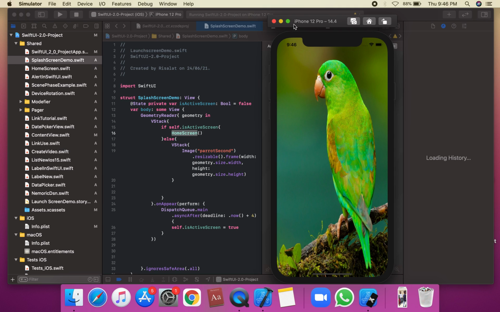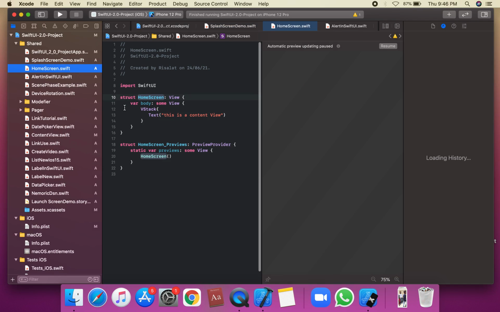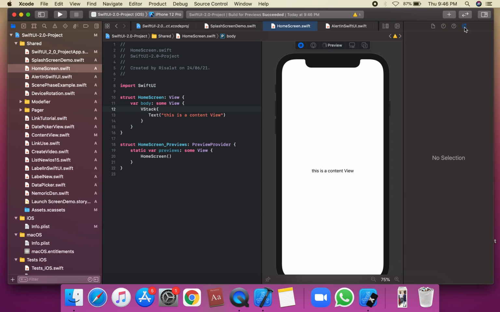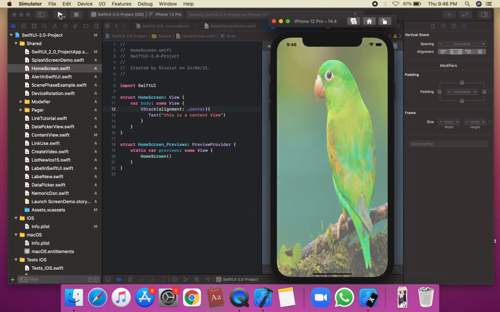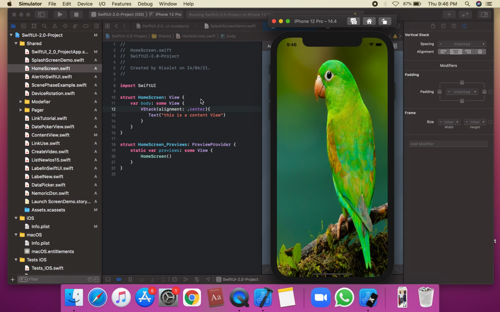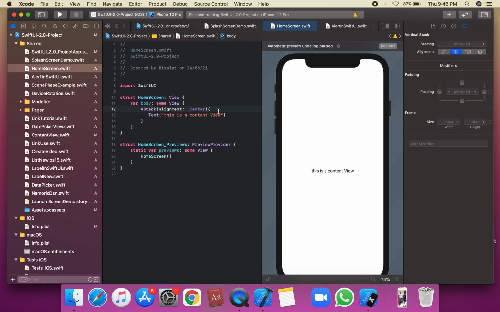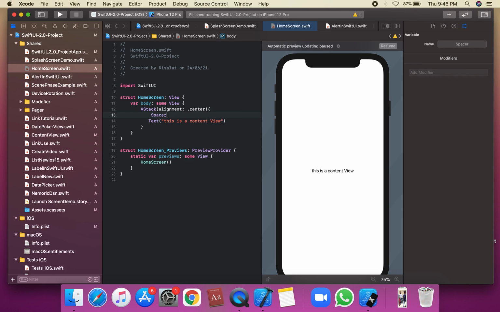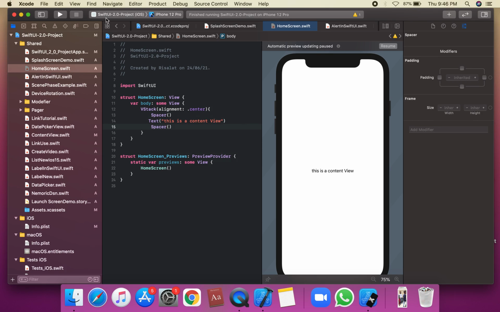There is a 4 second wait in the application splash screen. So this is the content view. We're going to apply a constant on this content view with a VStack, suppose with alignment center. We're going to run this application. This is the 4 second wait on this splash screen. So we can apply a Spacer, and we're going to set this spacer. So run this application.